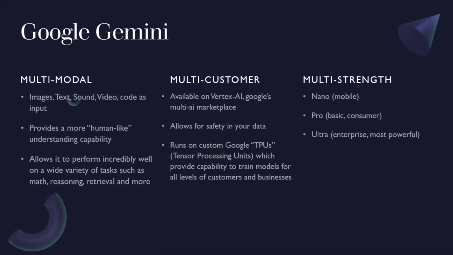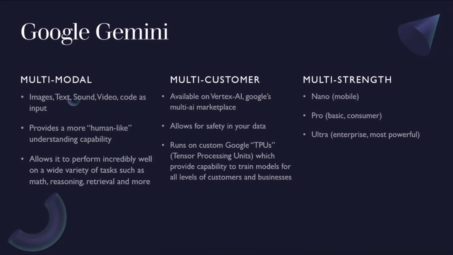This has been proven. They've tested it against a lot of the other AIs out there. It kicks butt at a lot of different tests for things like reasoning, math, data retrieval, and other similar things. Now, this is available from Google using Vertex AI. Vertex AI is not a product, it's like a marketplace inside of Google, and they offer a multitude of different models, right? They offer things like Bison, there's things for code, there's more simplistic AIs. Bard was on there for a little bit.